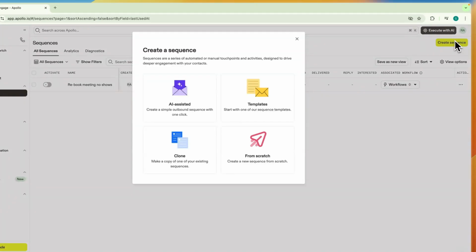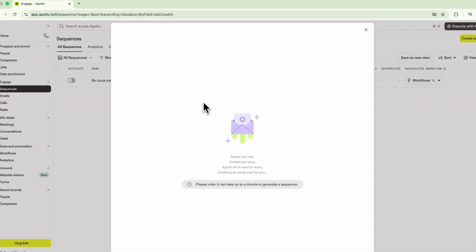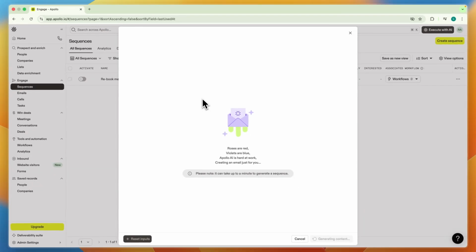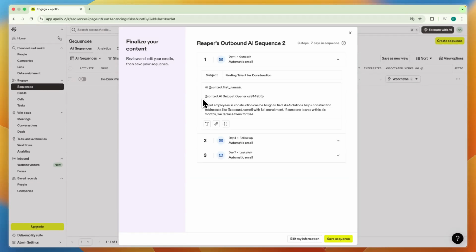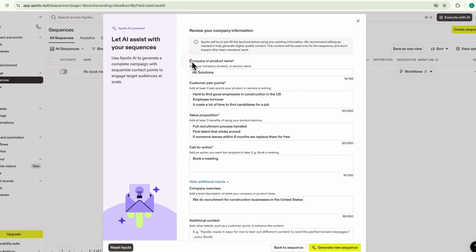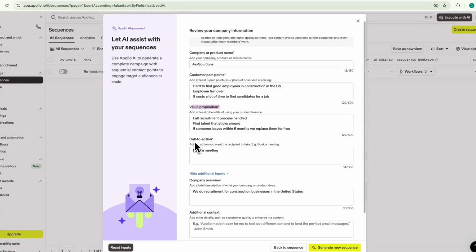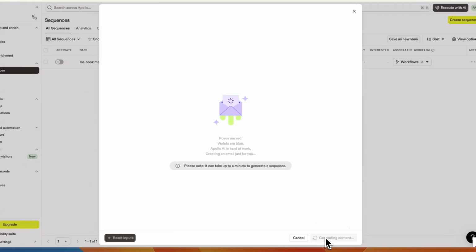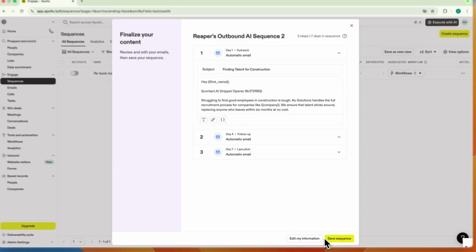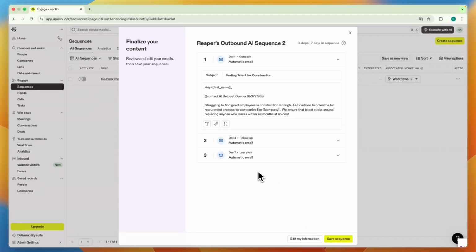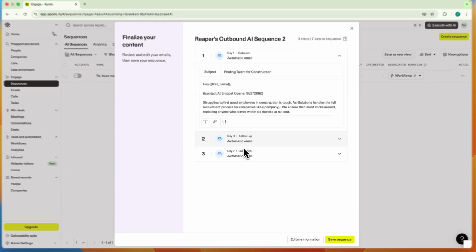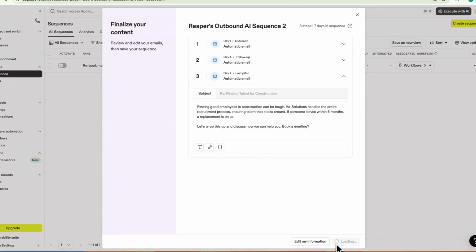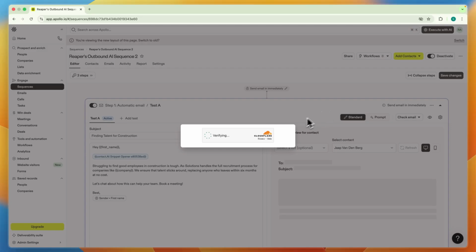Now, for example, what I'll do is create an AI-assisted sequence. So when you do that, it will ask some questions about what exactly you want to build. So right here, they will ask for your company or product name, your customer pain points, your value proposition, call to action, and you can add some additional context. Then when you click generate new sequence, it's going to create the sequence for you with all of the copy, the steps, etc. This one only has email, so if I click save sequence right here, and then open up